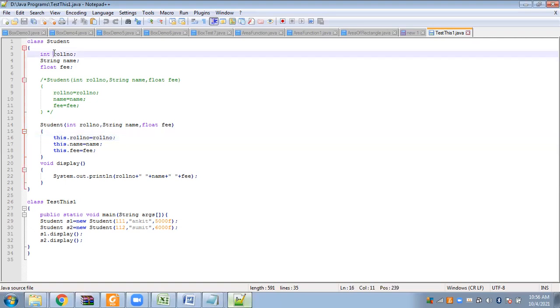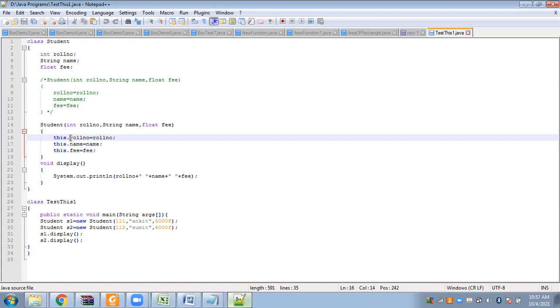When you use the this keyword here, this dot roll number means you are talking about the class instance variable roll number. When you write this dot name, it can be written only with the class instance variable name, so you're referring to the instance variable name. We cannot refer to formal arguments with the this keyword, but you can refer to the class instance variables. So in order to differentiate which roll number is the class instance variable and which is the formal argument, you have to use the this keyword in front of the class instance variables.